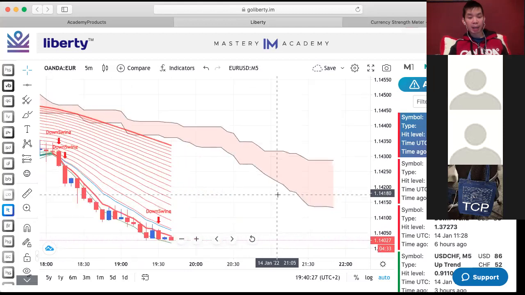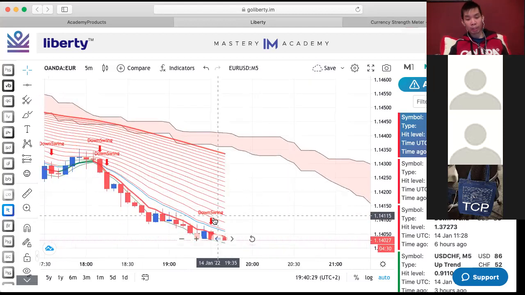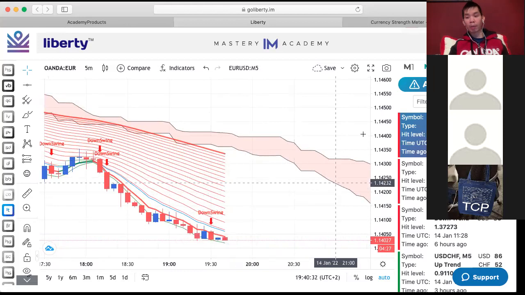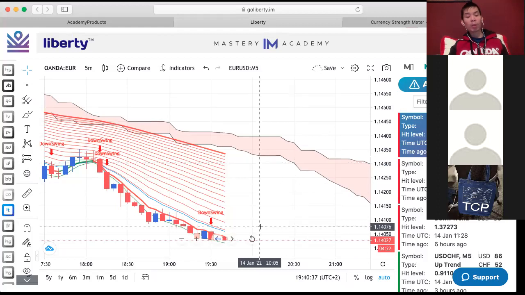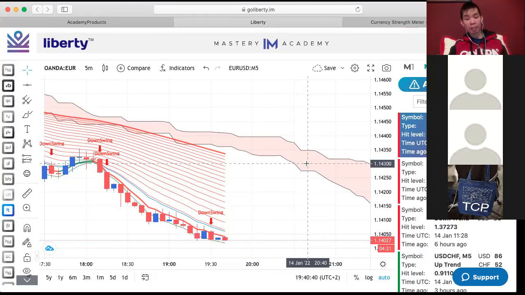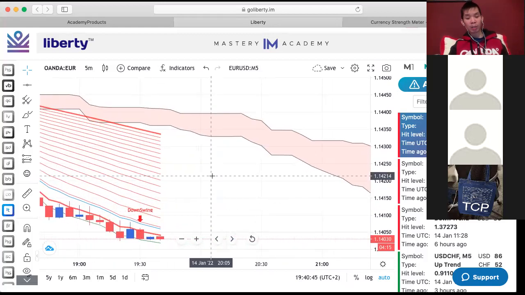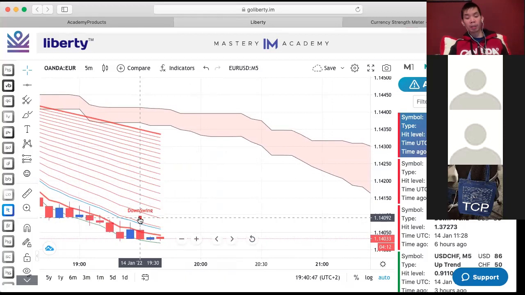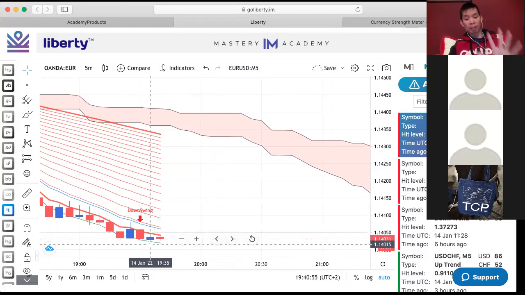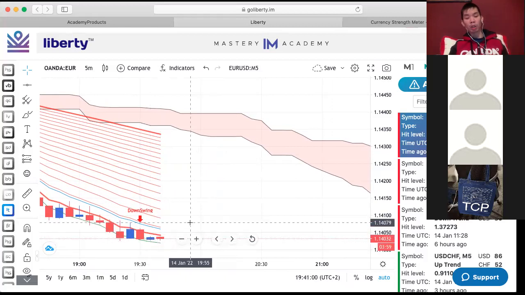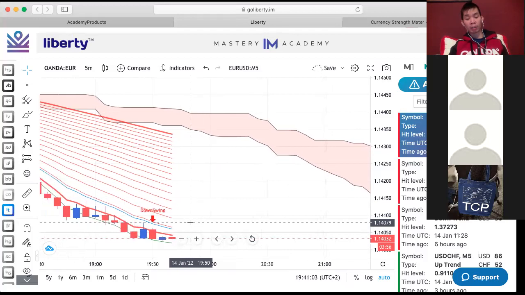Anytime I see an arrow, like this downswing right here, right now we're on an M5, so that's a 5-minute time frame. What you want to do is be in profits 3 candles to the right of this arrow. Let me zoom in a bit more. You can see this downswing happened right here, about 20 minutes ago. So this candle counts as 5 minutes. This candle, 5 minutes. This candle, 5 minutes. So you want your third candle